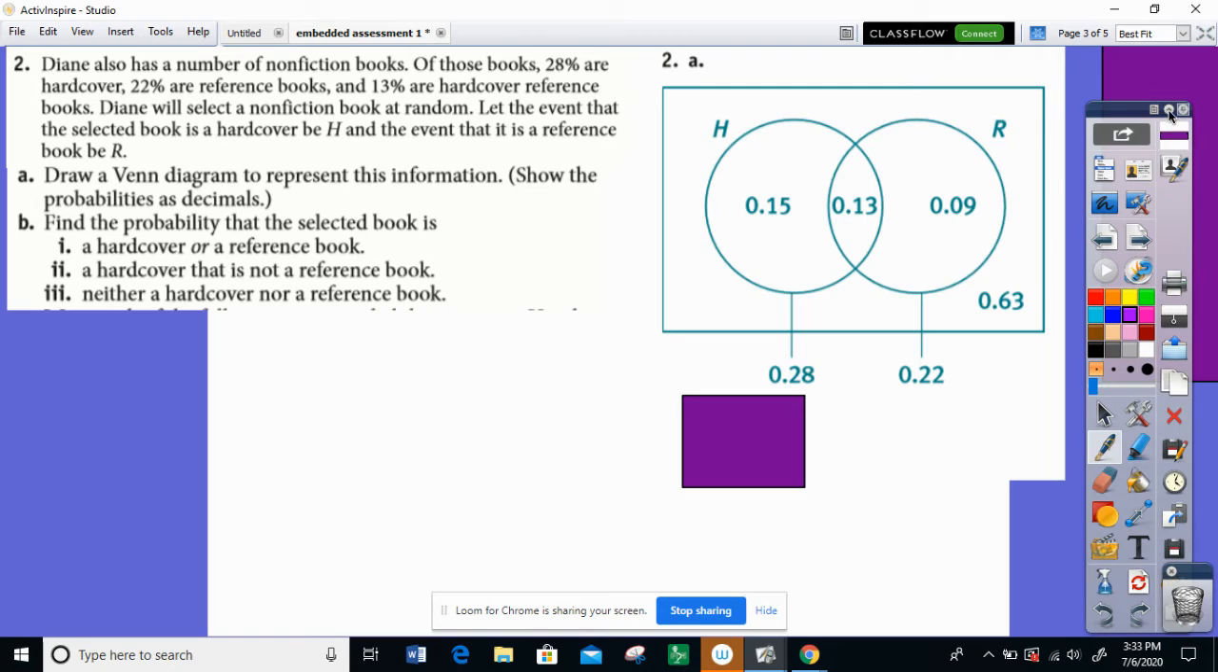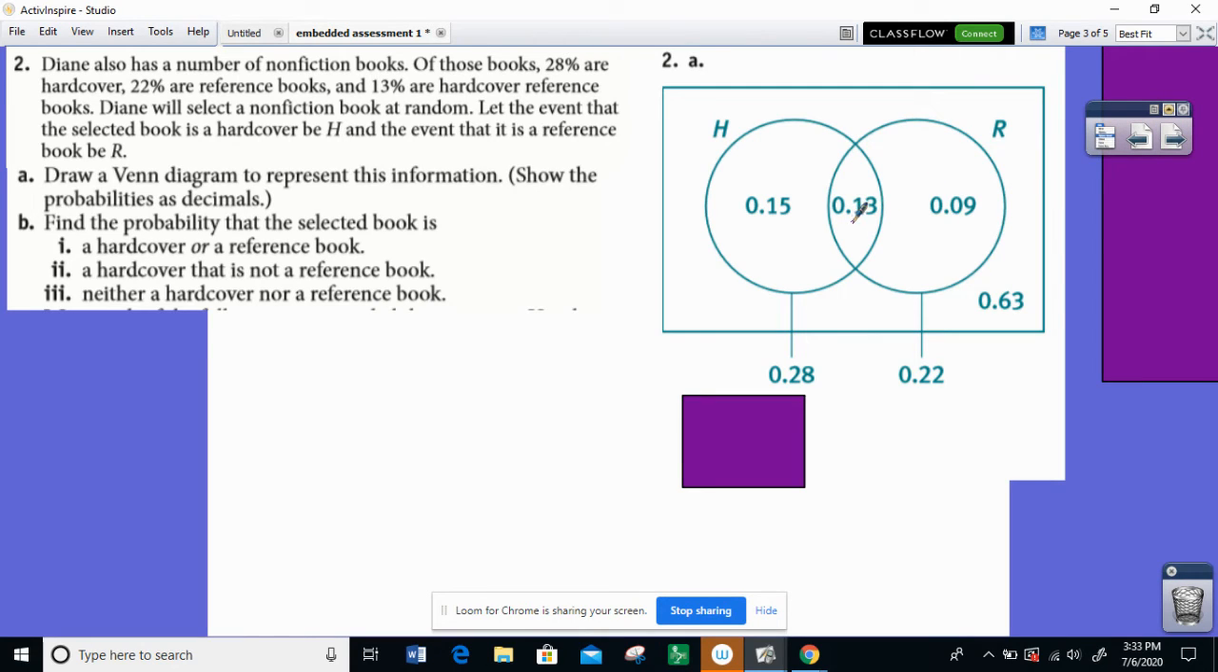Now we're going to break down where each of these numbers comes from. It's very important to first work out the intersection when you have two events in your Venn diagram. So I'm going to fill this in first. Why is that? Well, what people will do a lot of the time is they'll put the 0.28 here inside of hardcover only. They'll put the 0.22 here for reference only, and then they'll put the 0.13 here. Well, remember,